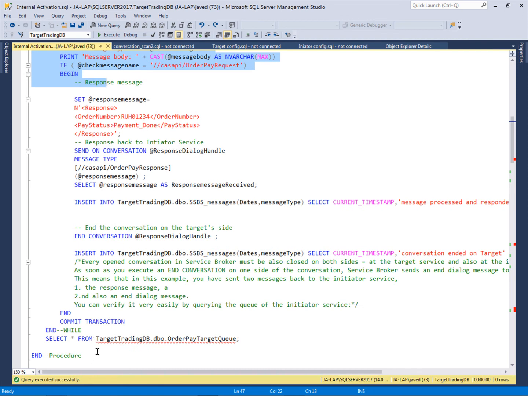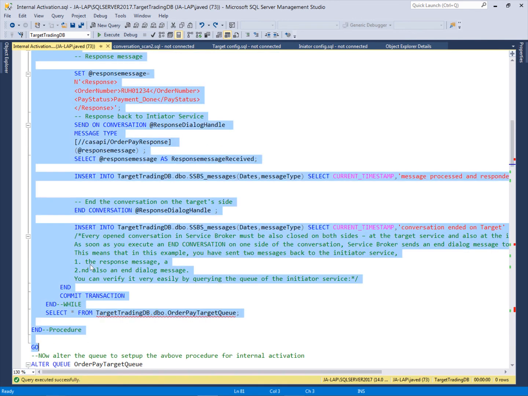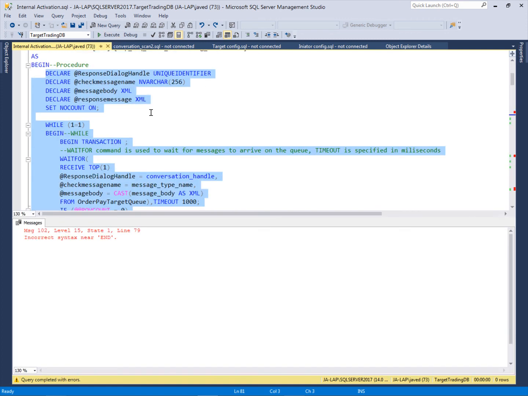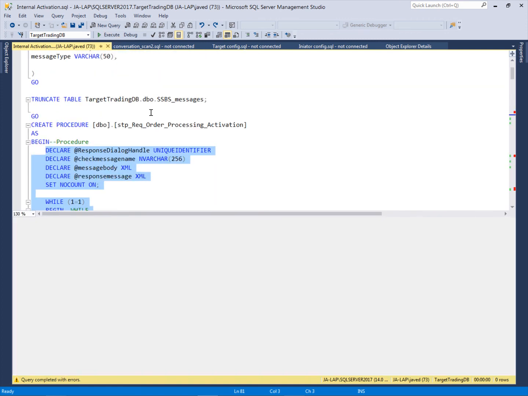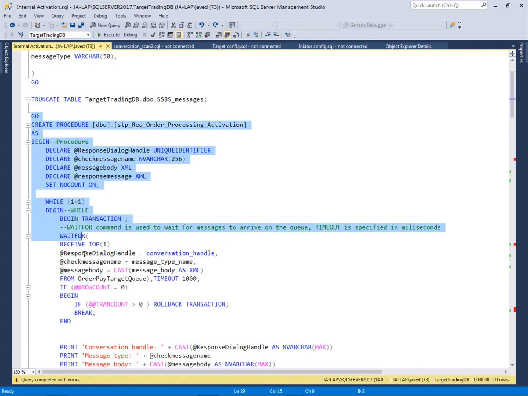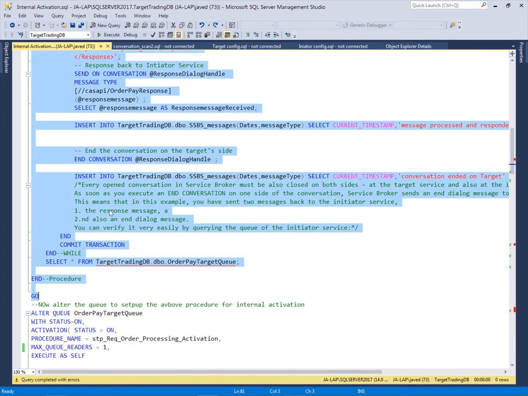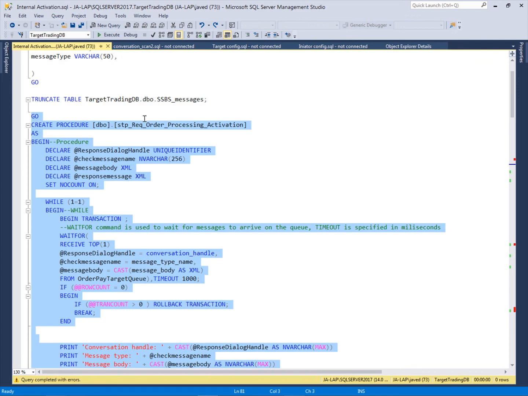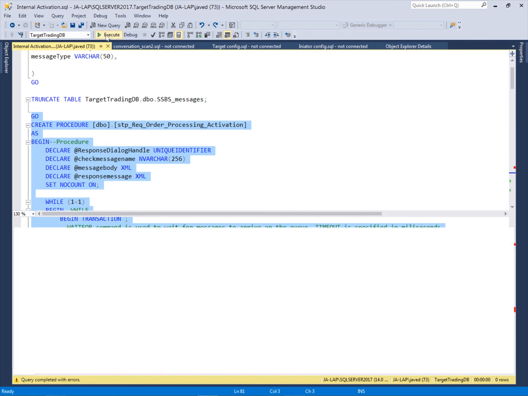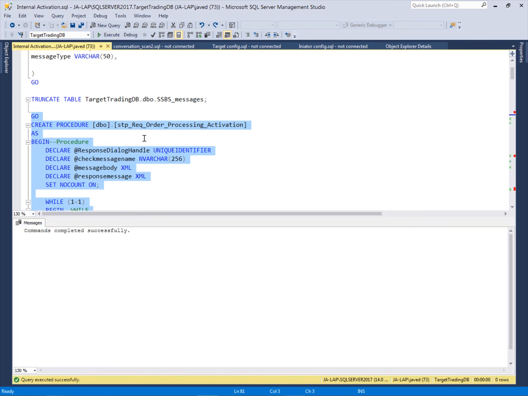So this is the stored procedure, and I'm going to create it in my target database for the target queue. So the procedure is created.